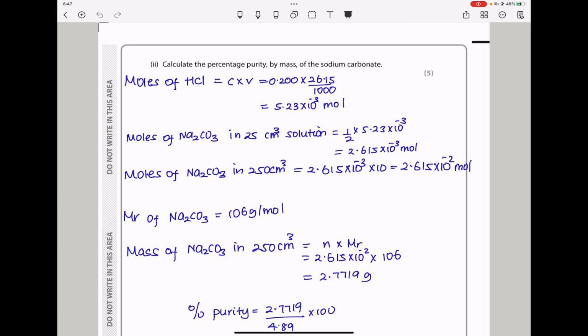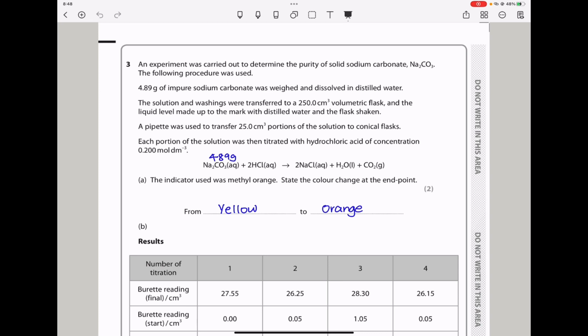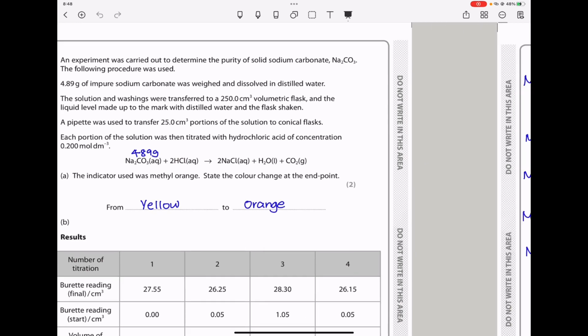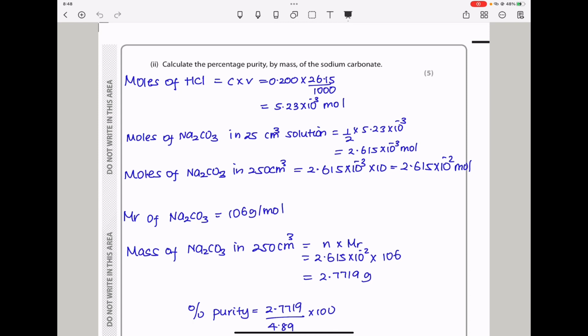Now to find the number of moles of sodium carbonate in 25 centimeters cubed of solution, we have to go back and see the equation. We can see the ratio of sodium carbonate to HCl is 1 to 2. So the moles of sodium carbonate should be a half the moles of HCl. So here I said moles of sodium carbonate in 25 centimeters cubed should be 1 over 2 times that,